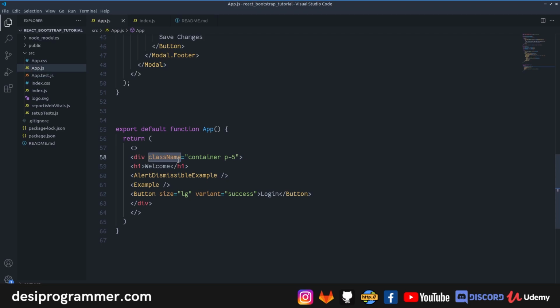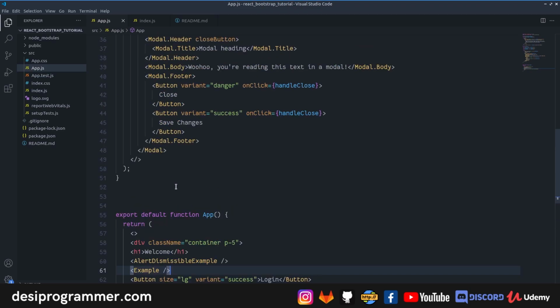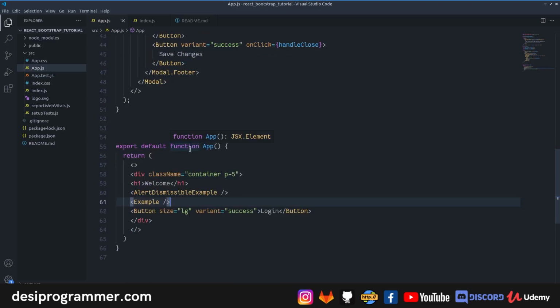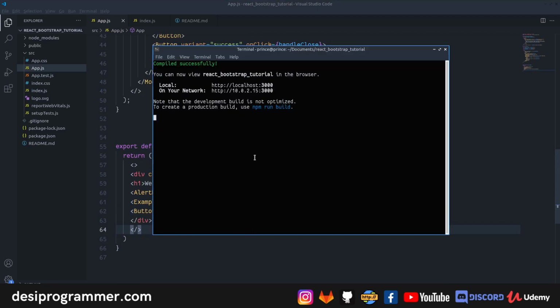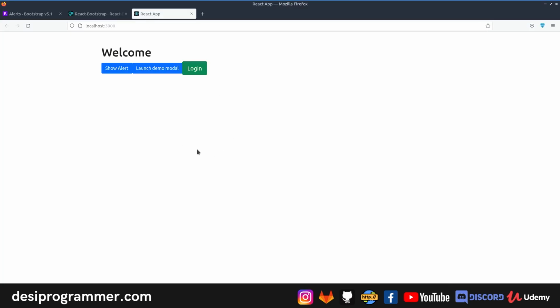Although there are a couple of components, for example alert and modals, where you have to use these particular components. Now with this being said, the last thing that I want to talk about is customizing your own themes. So this is my particular website. Now I don't want my primary color to be blue. I want my primary color to be something else, and this can be done very easily using React.js and Sass.